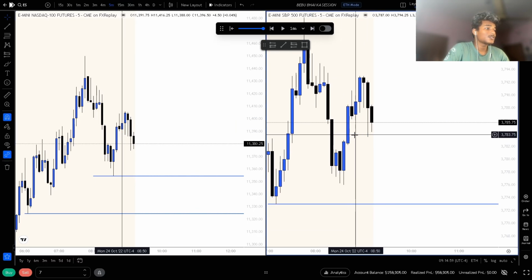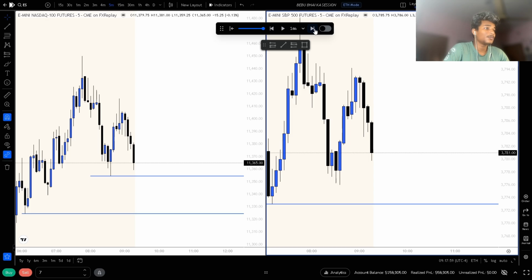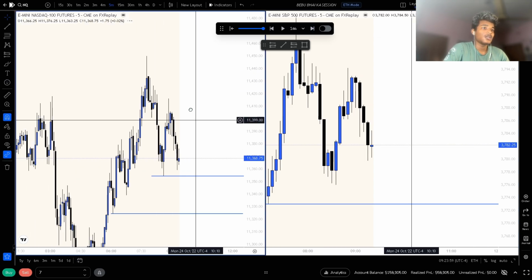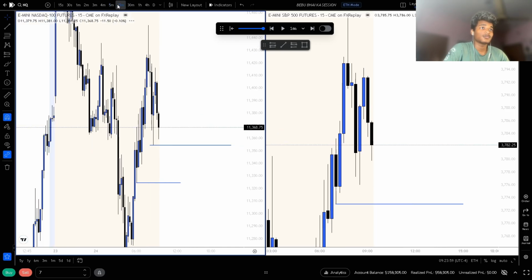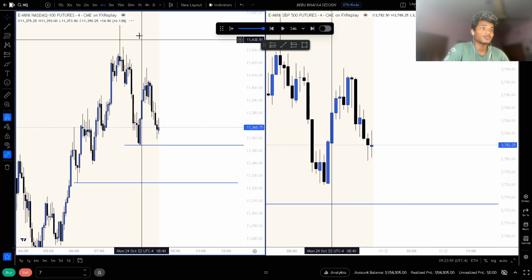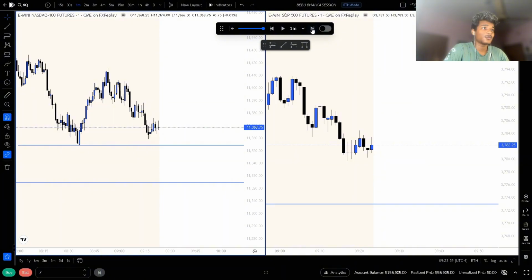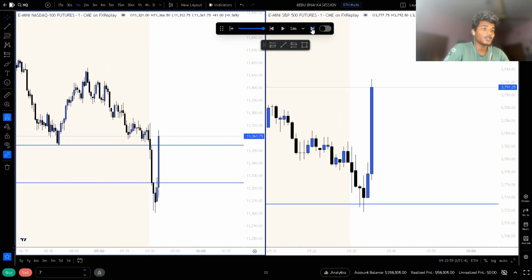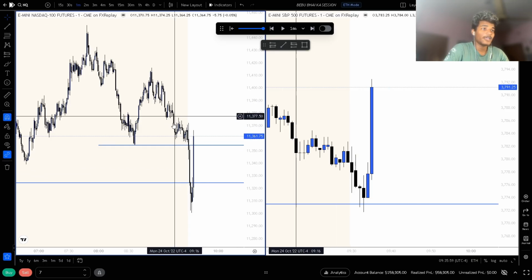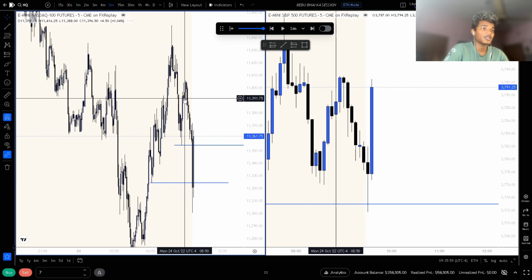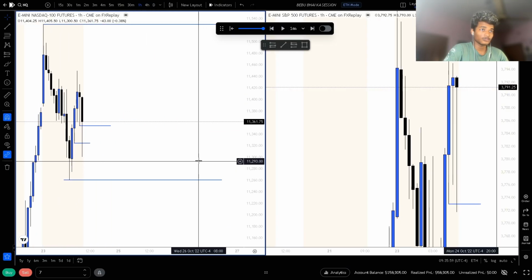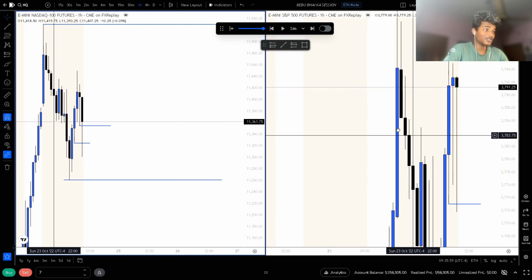If market inverses this at open, it is going to manipulate lower. So if market inverses this, I'm going to take longs today. Let's just see the market open now. So market open is here, market manipulated on the downside and gave a very nice inversion at this point of time. You can see market tap this hourly gap.